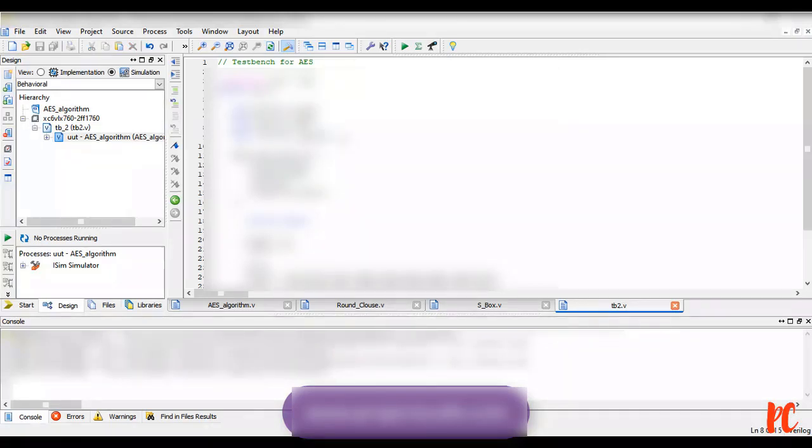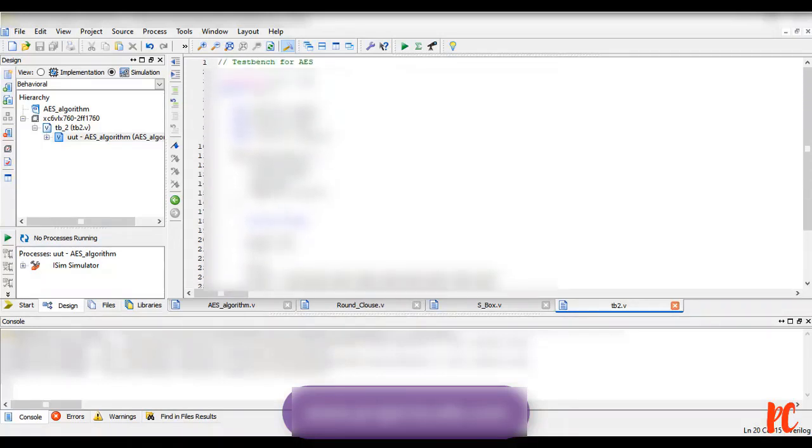In the second stage, we have taken the UUT module and instantiated it. Now, two inputs that we need are the cipher key, in order to generate the cipher text, and a plain text. So initially I am assuming the plain text and the cipher key to be 0. Next is a plain text. For example, you can consider any value. I have considered this value with respect to plain text and cipher key, and these are being executed with respect to 10 time units. I hope this is clear.